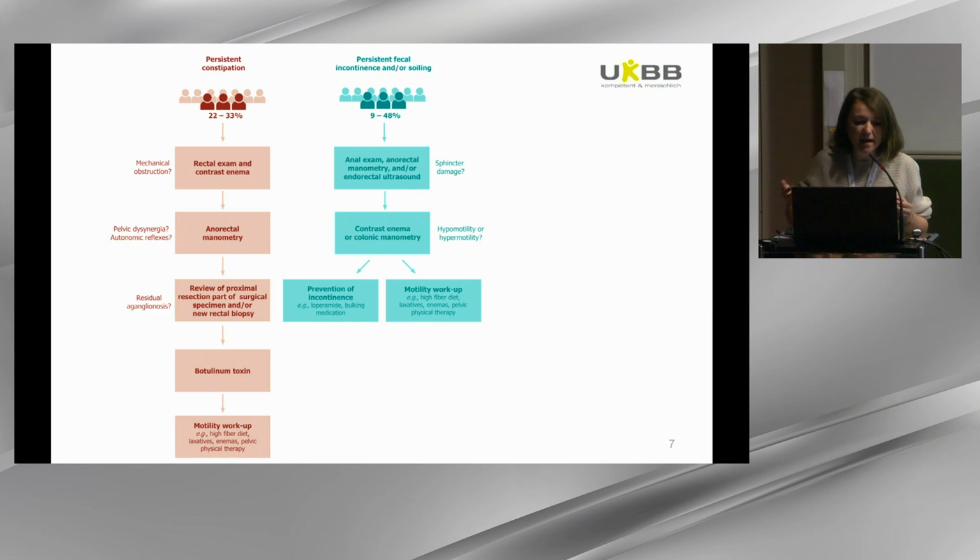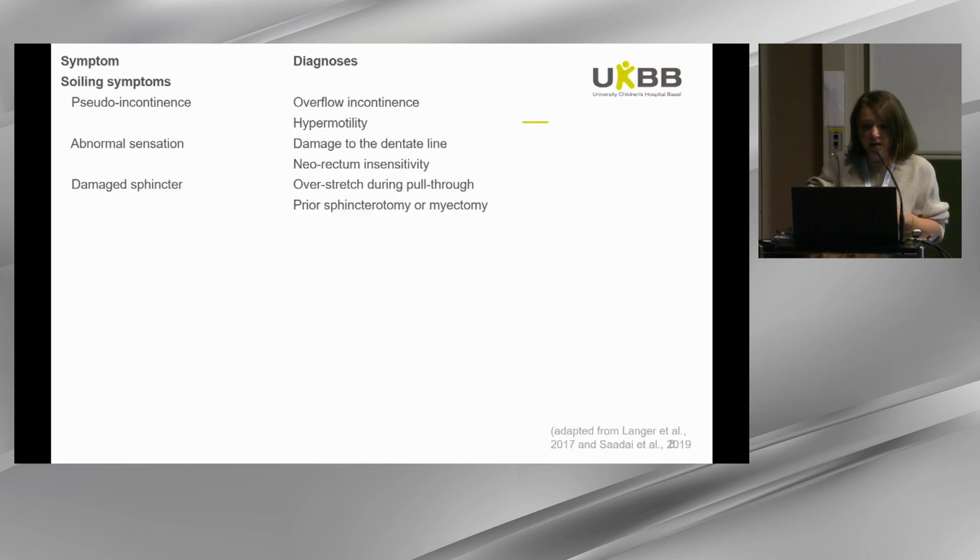So now we know that our patient with Hirschsprung disease will most likely face some problems in the long term. So I think it's very important that we have a very systematic approach to the workup of those patients to make sure we identify those who benefit from further surgeries, and we support the other patients best possible. So different etiologies can lead to the main symptoms